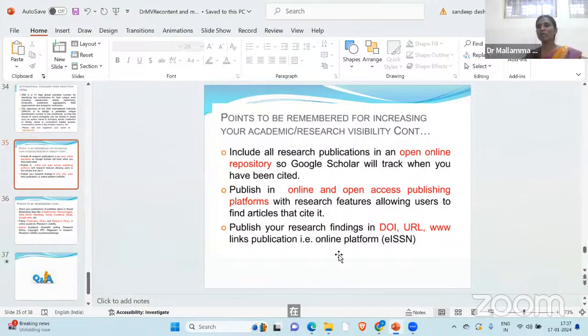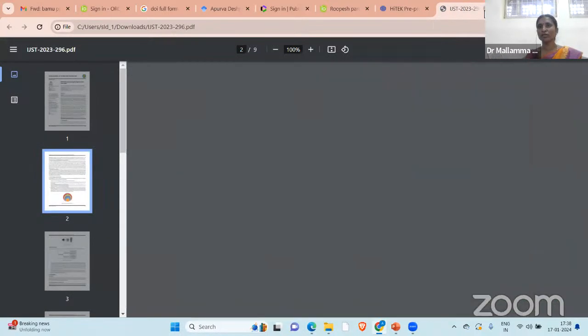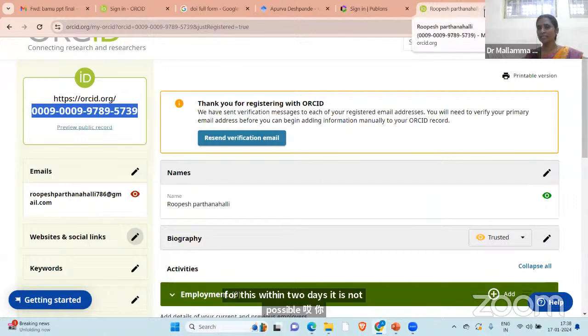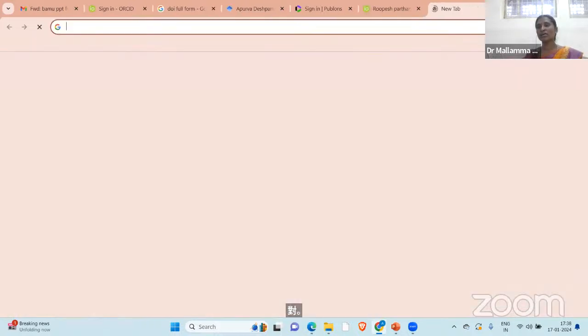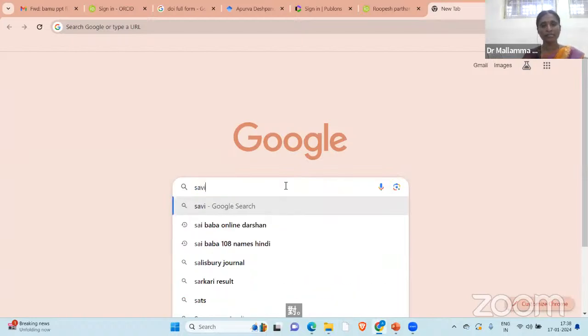Okay. So one thing, as I said, is you have to publish the articles in reputed journals only. Many are there who will tell you, okay, we will publish within the day, within the week, within 4 days, within 2 days. It is not possible, ma'am. Any authenticated journal will take a minimum of 4 months to review the paper. So first think yourself: if you want to publish within a week, then they are not that authenticated. You can go here to the Savitribai Phule University.